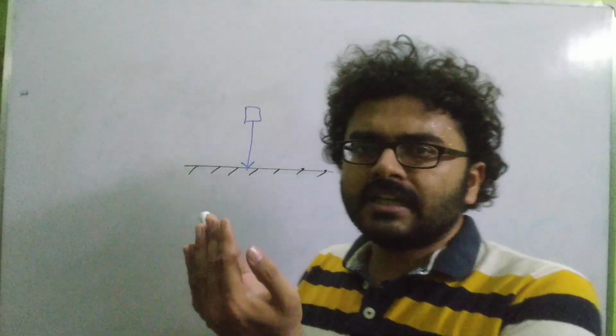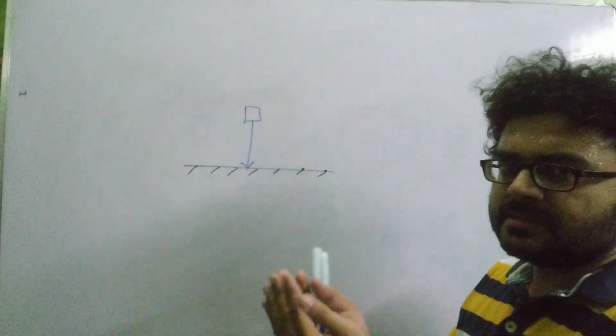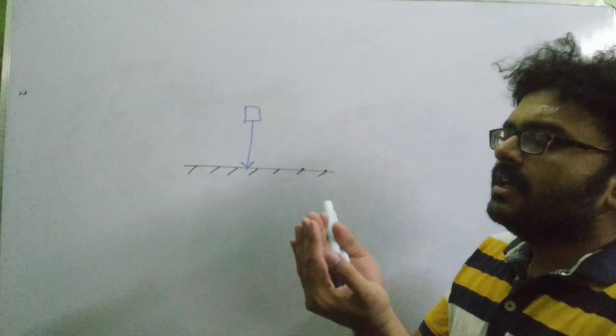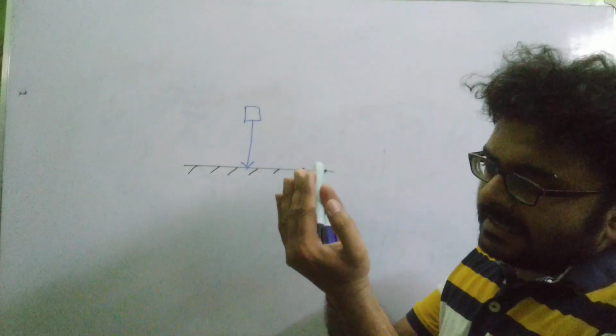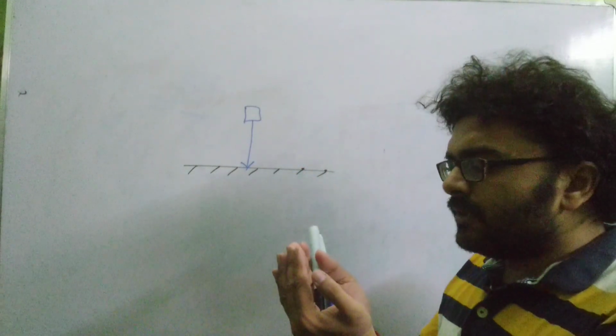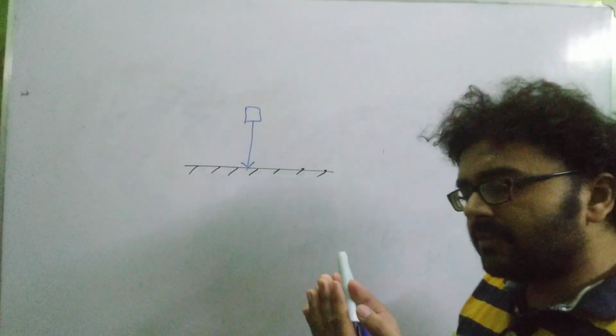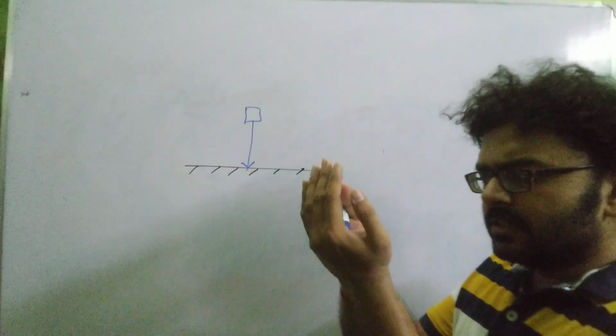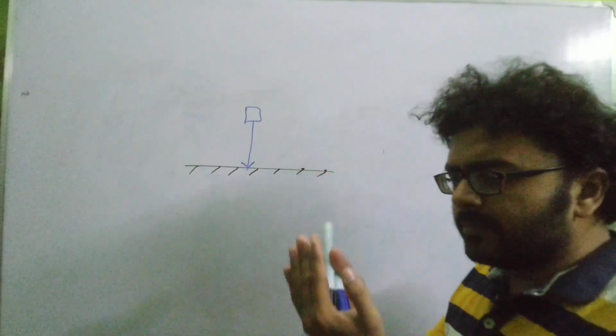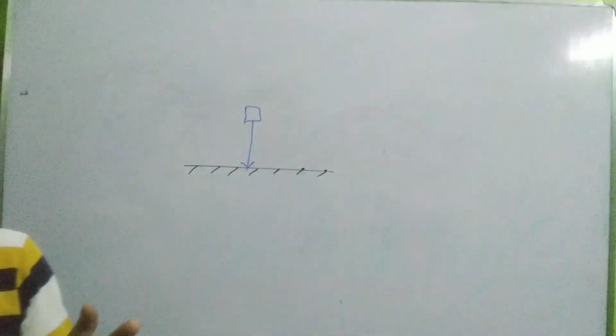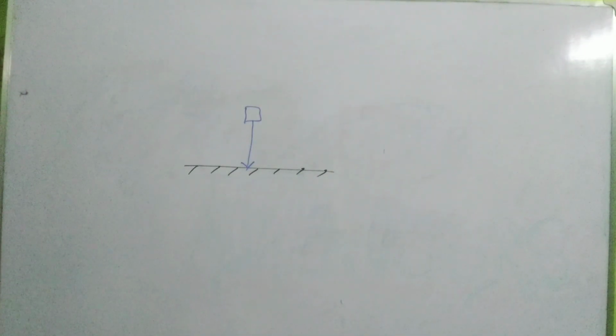If we just consider this, the ball has been caught and the hand moves a little bit downward. What happens? When he is moving the hand downward in the direction of the ball, the ball does not come to rest immediately or in a very short period of time. When the person moves his hand a little bit down, the time interval within which the momentum comes to zero increases, even slightly,